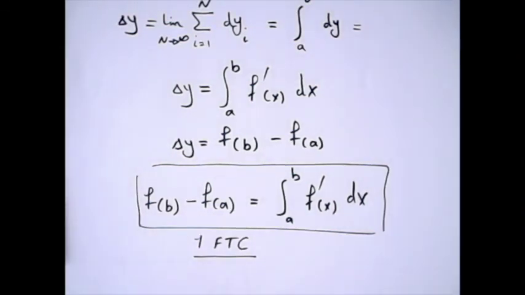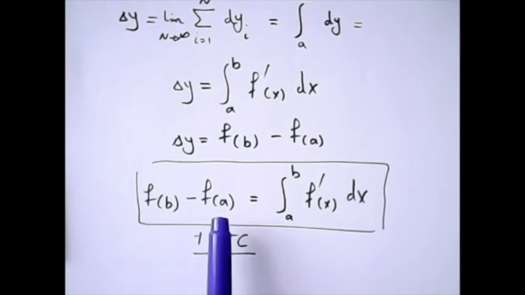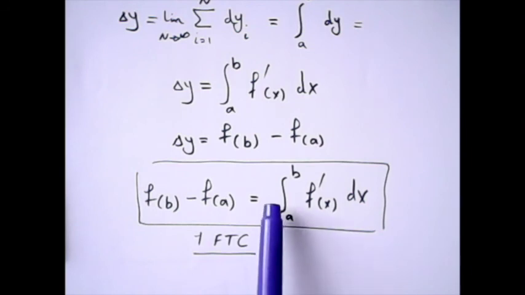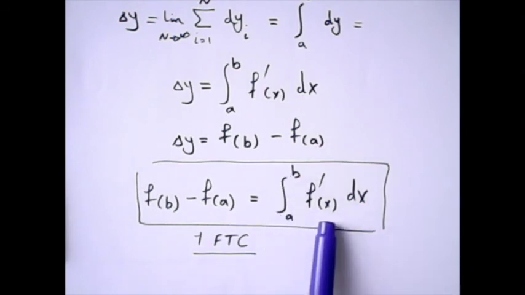I think it's safe to say that we answered the first question. We figured out how much we go up the mountain as we go from one side of it, x equals a, to the other side, x equals b, and we figure out how much we go up by taking the integral of the derivative of our